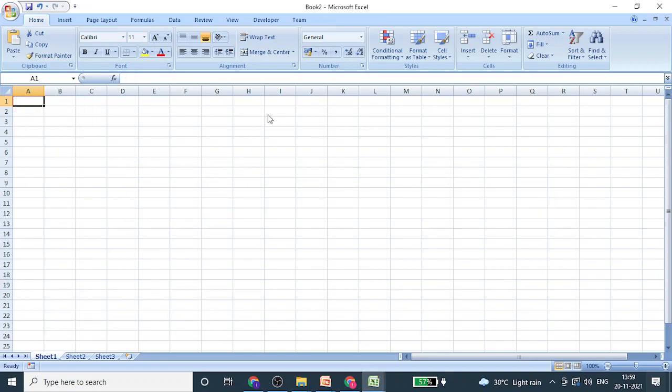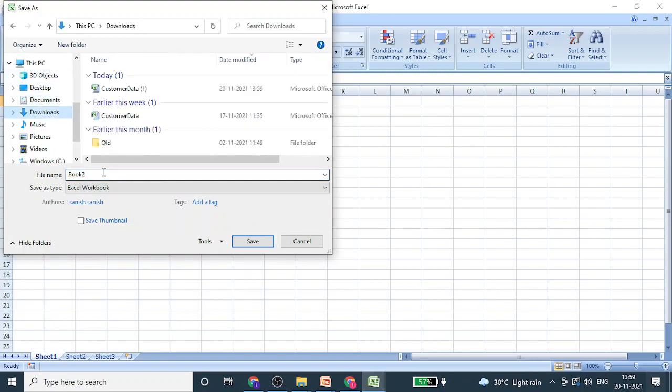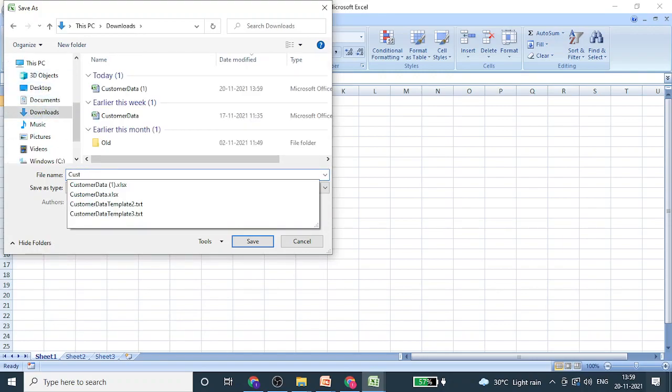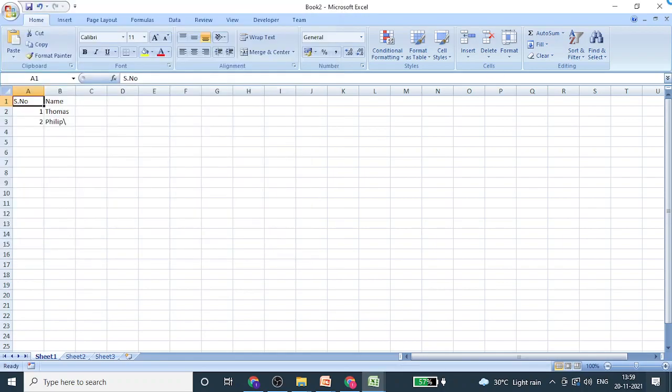So let's do one thing. Let's create a new file quickly with two records, customer file, and save it.